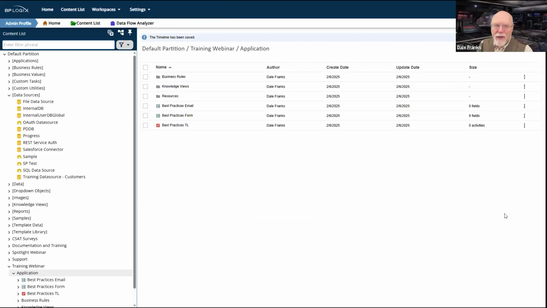I now have the 3 primary objects that I need for every application. I've got the form that is going to collect all of my data when I get around to configuring it. I've got my process timeline that is going to model the process that we're going to follow whenever my form is submitted. And then I have my email template, which is going to send out all of the notifications for this